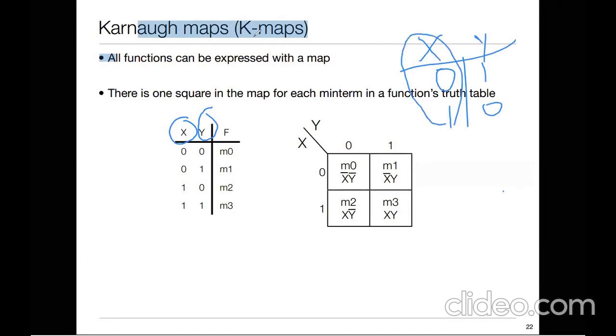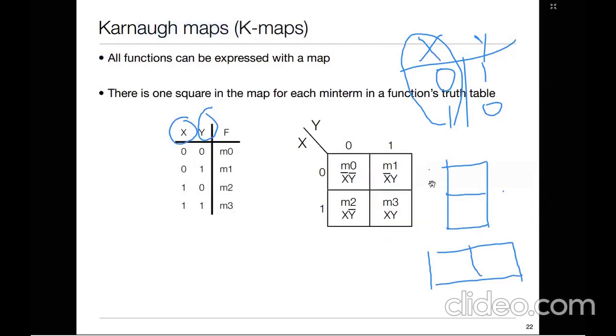Now 1 variable K-map will be like this. Either you can draw it like this or you can draw it like this. Now in the K-map, always these columns in the end, these locations over here, these locations you are going to write the inputs.